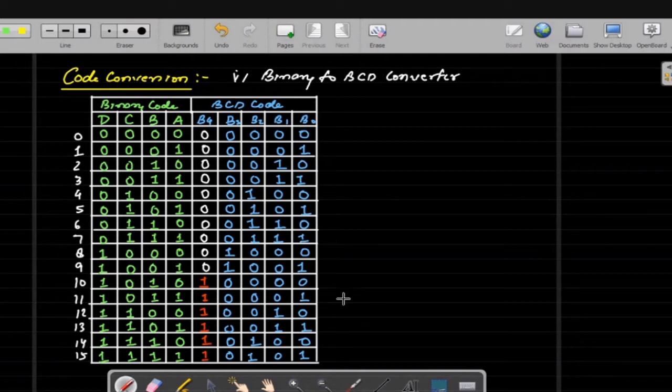Yes sir. Sir, why did you start this from 10? Because we told you that BCD codes only go up to 9. So after 9, if 10 comes, how will we represent 10 in BCD code? For that you need an extra 1, and not just an extra 1, there are also 3 zeros after it, that is 0 0 0 1. You will remember when we did BCD addition and all that. For example, if you want to represent 10, then each digit is represented by its 4-bit binary equivalent, so this will be 0 0 0 1 0 0 0 0. And that's why this is represented with a 5-digit number.